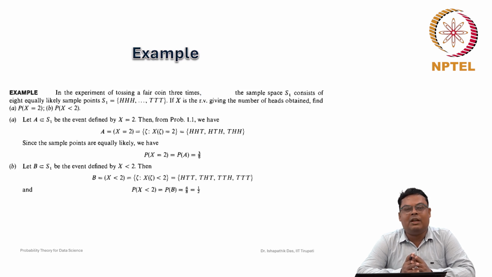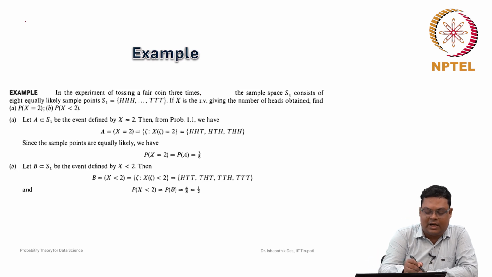And we are tossing the coin 3 times. What will be the possible output? Suppose you are tossing once, then it will be head or tail, the second time again head or tail, and the third time again head or tail. So, once you repeat just one trial, your output may look like head, head, head. That is why the sample space S1 is written this way. We will consider this notation.